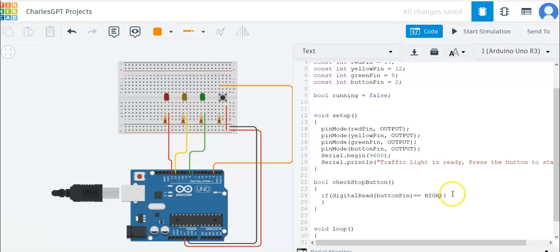So if the user presses the button pin, like let's say the code is running, our traffic light is running, if the user presses the button pin, it stops the code from running. If it's low, that means the button pin is off. So if it's high, it means that the user clicked on the button. So we will now do something like